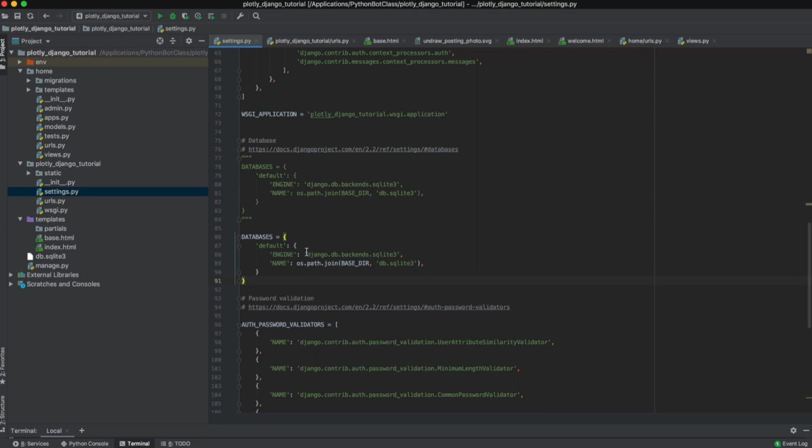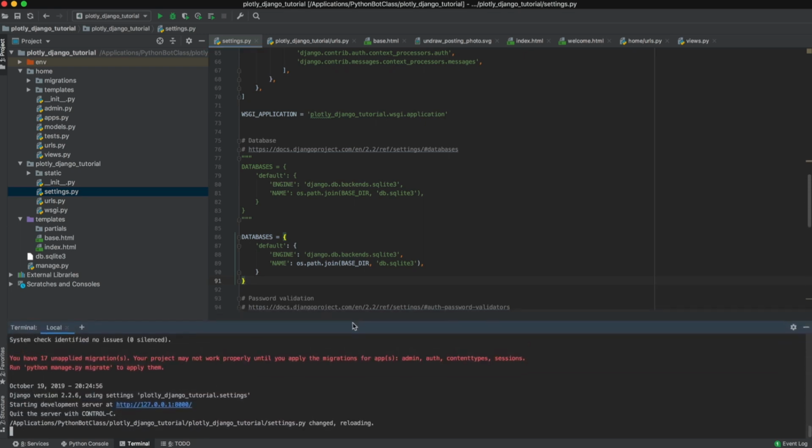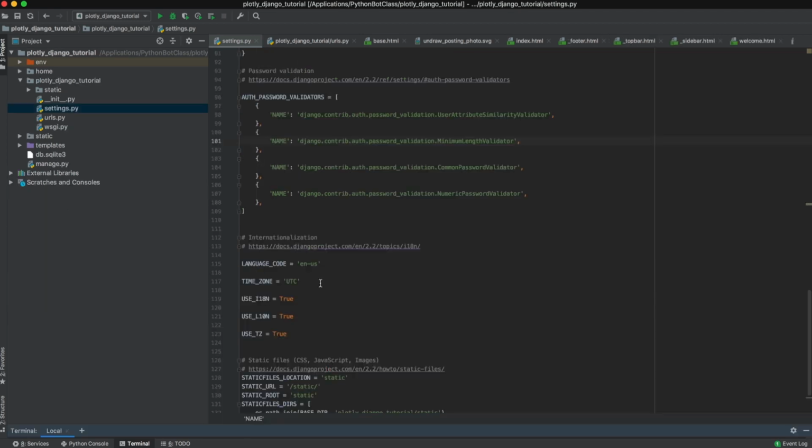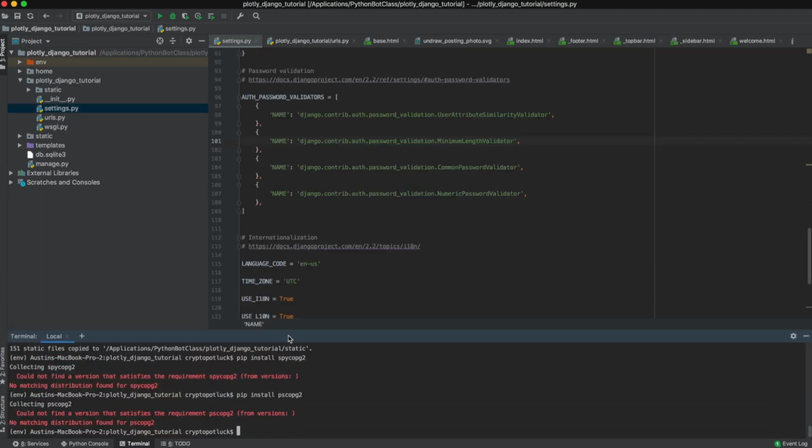The engine we need to change, but before we do that, I need to do a pip install where we're actually going to install PostgreSQL into this actual application. So I'm going to do a Command C to end the running of the app that we have running right now. And what I'm going to install is Postgres onto our Django application. So I'm going to do a pip install